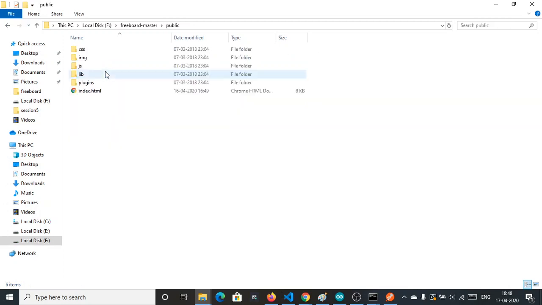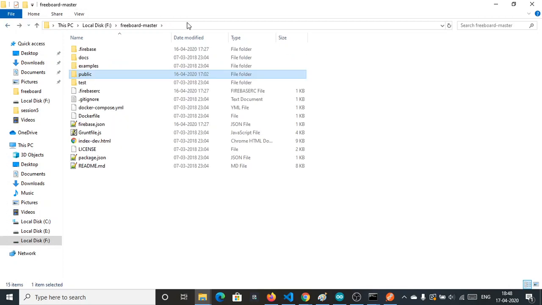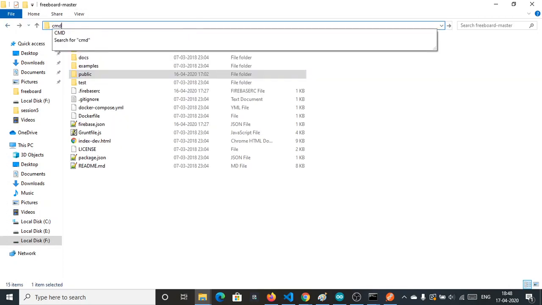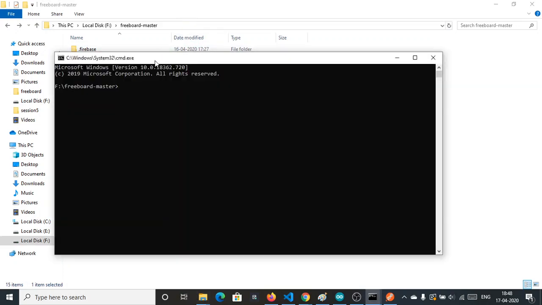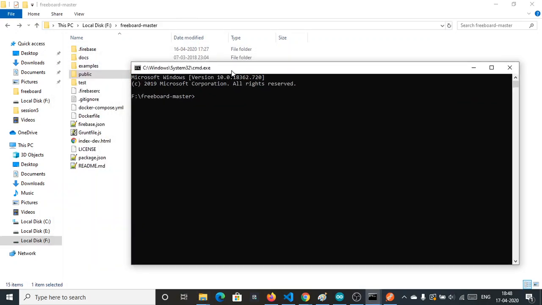And after that you will deploy this public folder again using Firebase. The previous one I have deployed, but you need to first copy and paste the plugins into that third party directory, and after that you need to Firebase init and deploy.